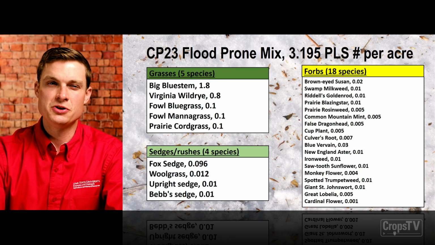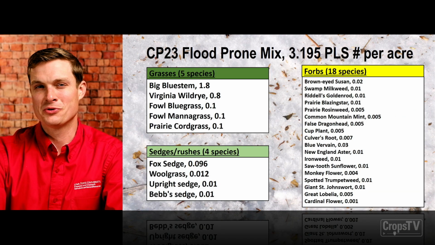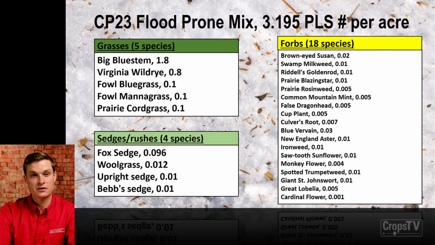The good news is you don't normally have to pick these things yourself. You can go to a local seed dealer from one of many native grass and forb seed dealers in Iowa and throughout in neighboring states that sell native plants. And oftentimes, Mark mentioned this, that you can find a CP23 flood-prone mix on the market that fits the conditions that our wildlife biologists and other natural resource professionals suggested in their responses to our survey. So you can just get a mix off the list that's designed for a wet spot, and it should have success if you follow those establishment